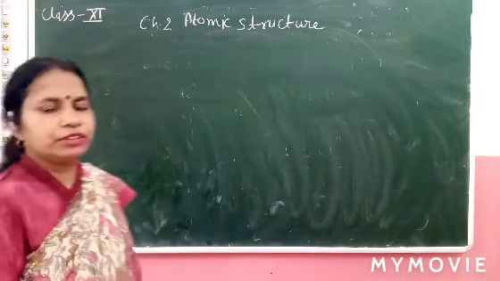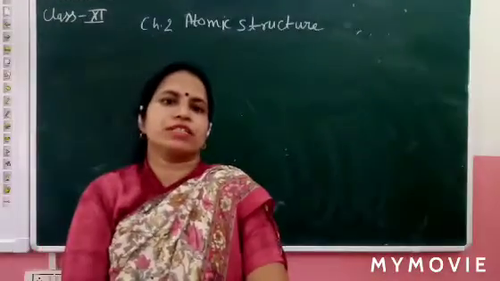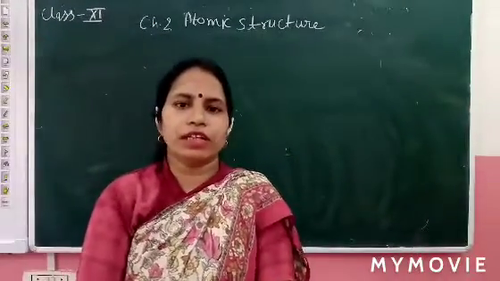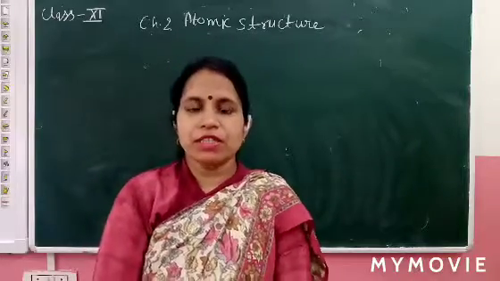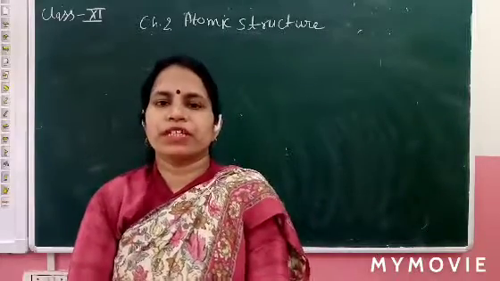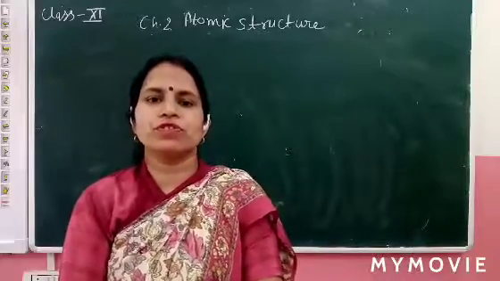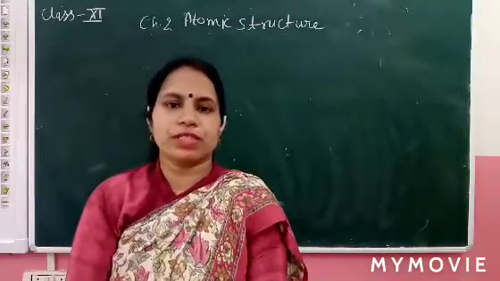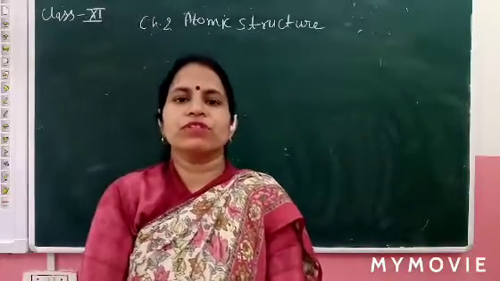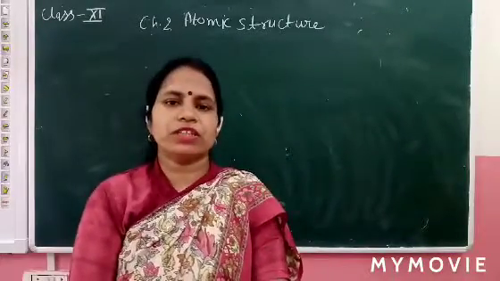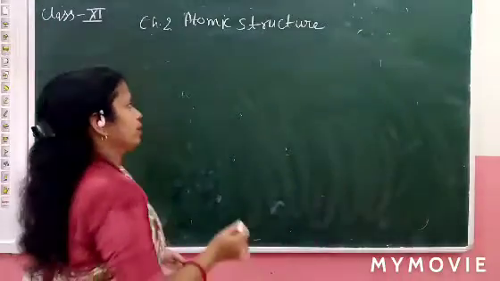Good morning, students. Today we are going to discuss electronic configuration, and there are some examples of how to fill the orbitals by using the n plus l rule, Hund's rule and Pauli exclusion principle. So we have to apply all three rules to explain the electronic configuration. Let's see, there are some examples you have to write.